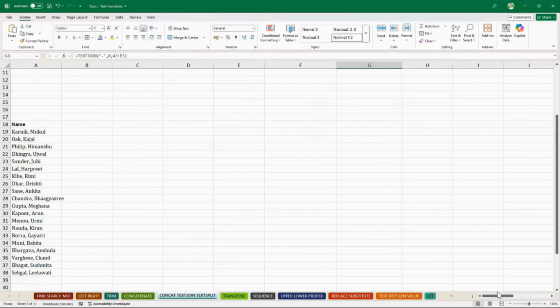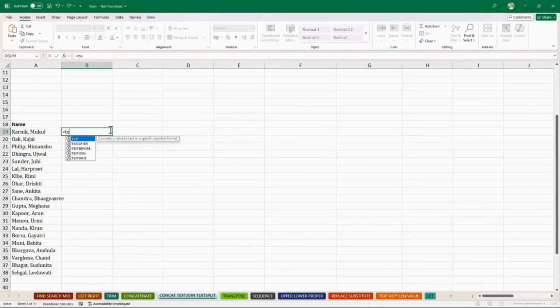Recently, newer functions related to text have been introduced in Excel. So we have TEXTAFTER. Which text do I want to use? I want to extract the last name. So what is the delimiter? The delimiter is my comma,